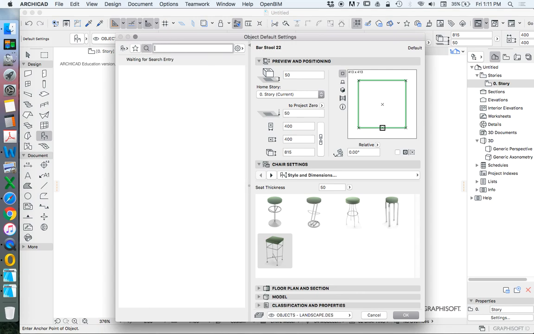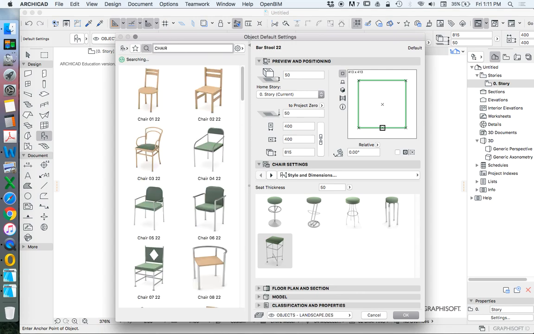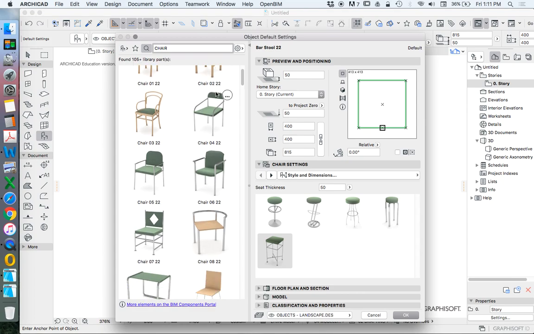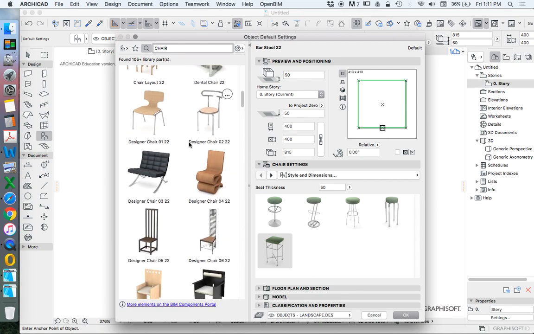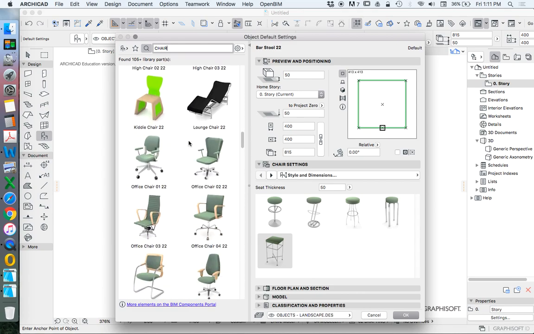So I've just typed in, chair. Of course, I'm using a very generic name. I know that's what ArchiCAD tends to use to call the file anyway. And so it's searching, and it's just found 105 library parts. So we'll start scrolling, and we can see that most of these already are straight from out of ArchiCAD. But then as we go further down the list,